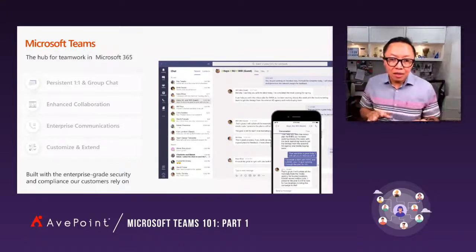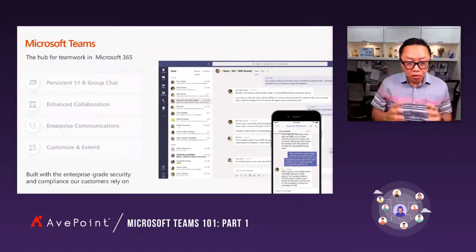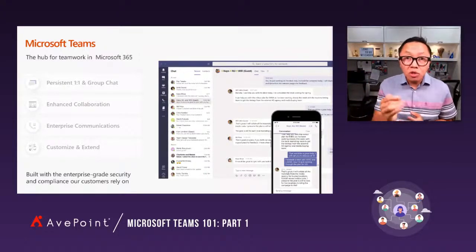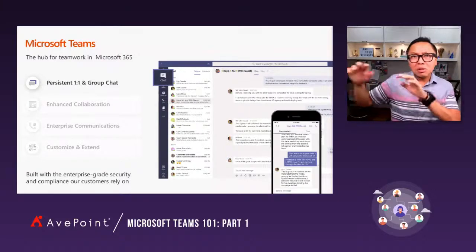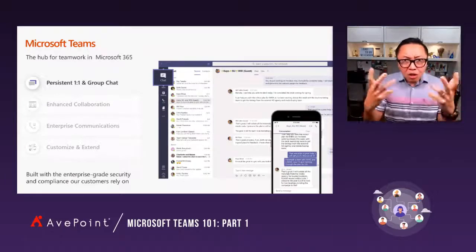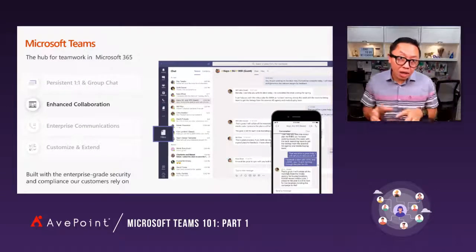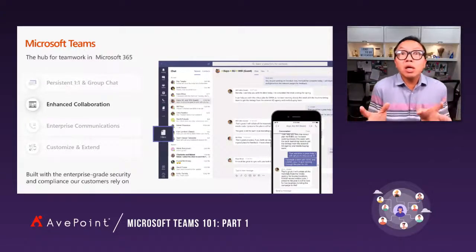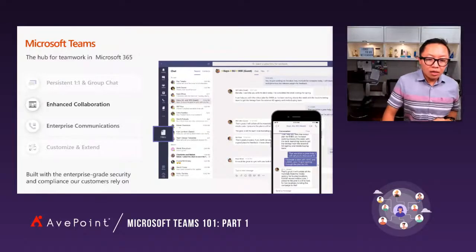Okay, so with that being said, what can Teams do, right? Teams primarily can do 4 cool things, and I'm going to cover 3 things today, and then tomorrow I'll jump on the last part. Teams allows us to do chats, and if you think about chats, we used to do that in Skype, we use WhatsApp, we use Facebook Messenger, so think along those lines, and I'll show you cool stuff. It allows us to do enhanced team collaboration. And again, when I say collaboration, it's not just about working on documents. Collaboration comes in different forms and shapes and sizes, right? So we'll look at that.